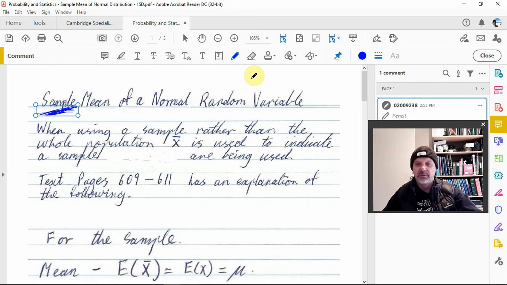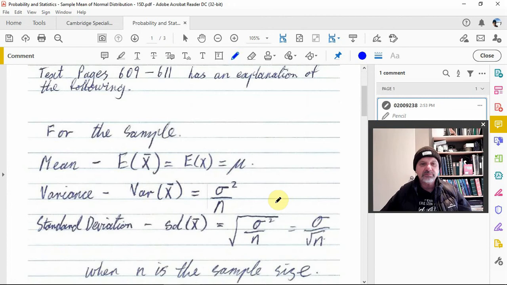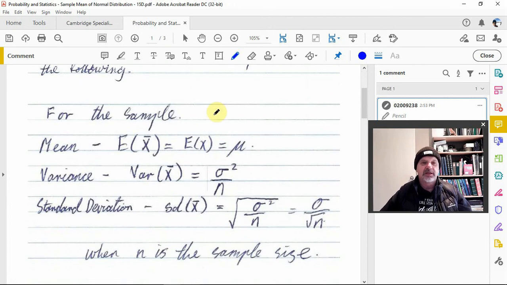So what we'll do is we do a sample of the population. Alright, so when we use a sample rather than the whole population, we put this bar on top, as you can indicate we're using a sample. And these next things, your textbook has an explanation of these things, these ones here. So for a sample, the expectation value of our sample